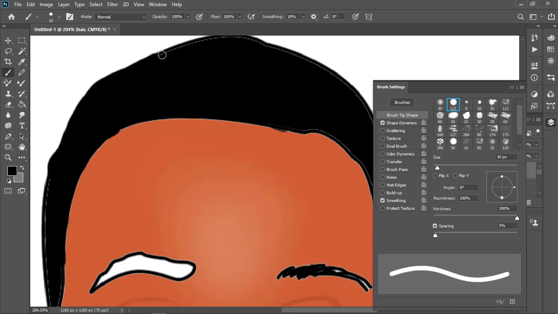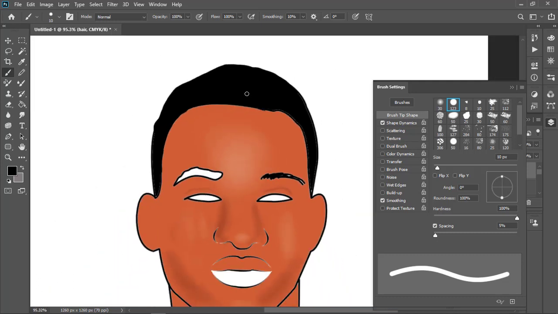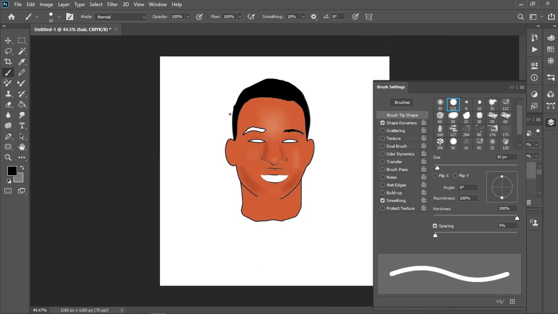Then you connect your hair nicely with the skin. Okay, just like that, until you get the feeling. Okay, now I hope you get this technique. That's how you do it. That's how you paint in Photoshop.